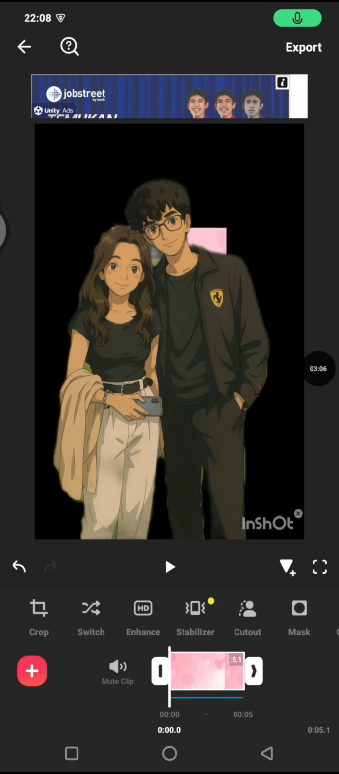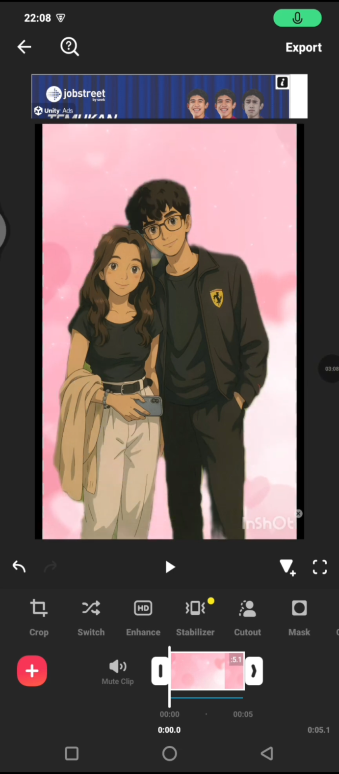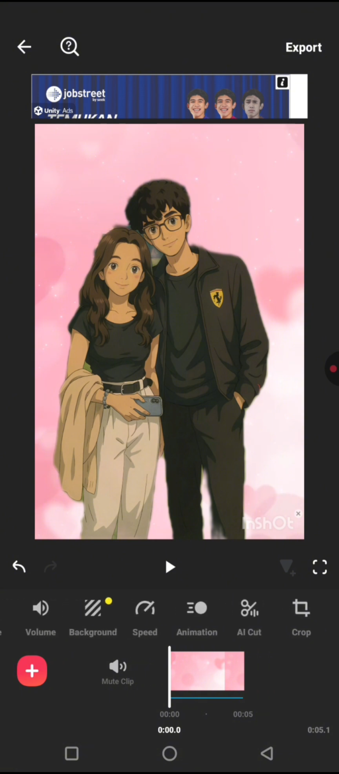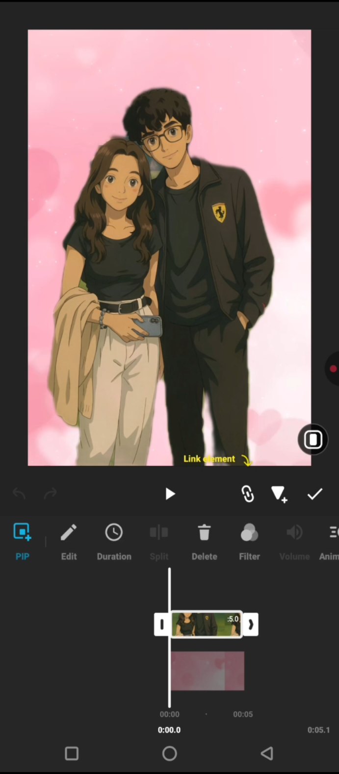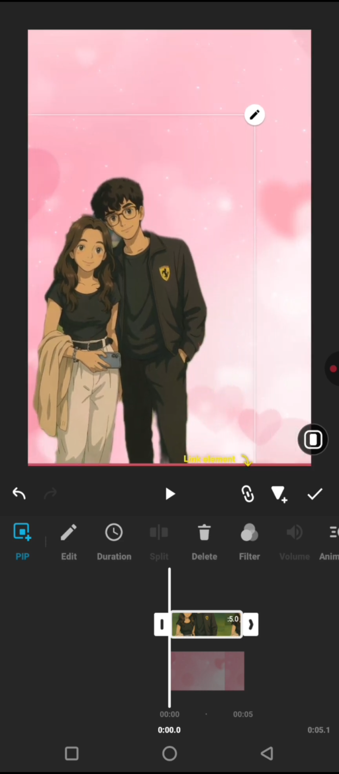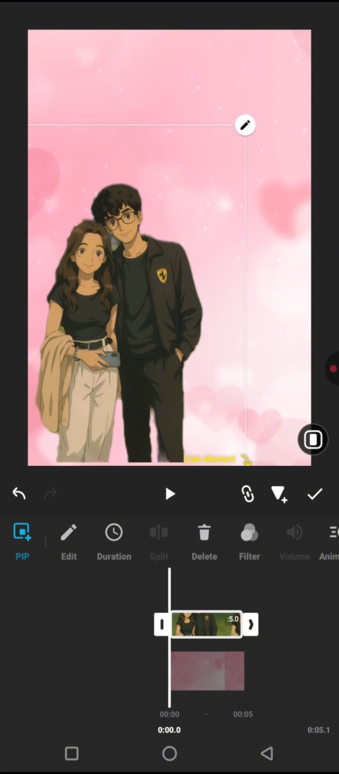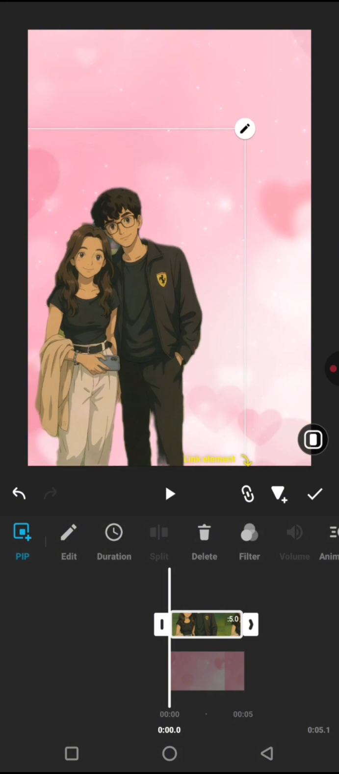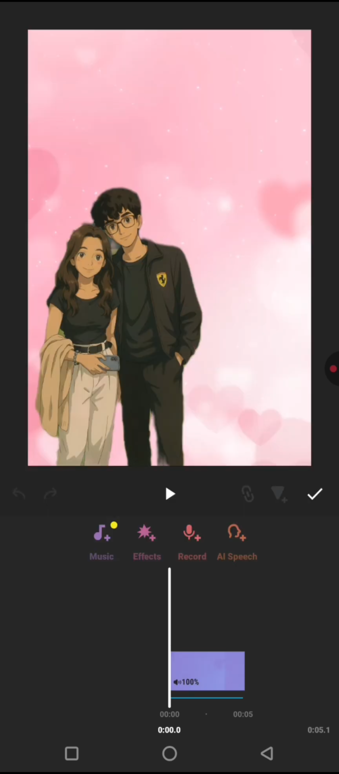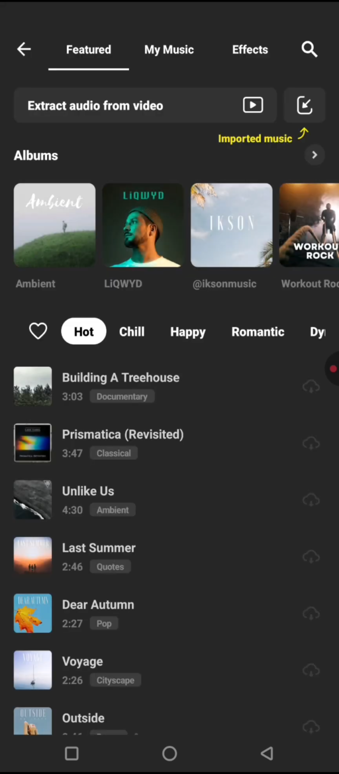Now make the background bigger like this. Then you can also adjust the object size in here. Okay, I'm going to go with that and click on the audio music and choose the music that you want,